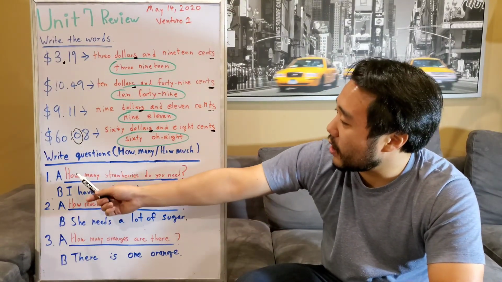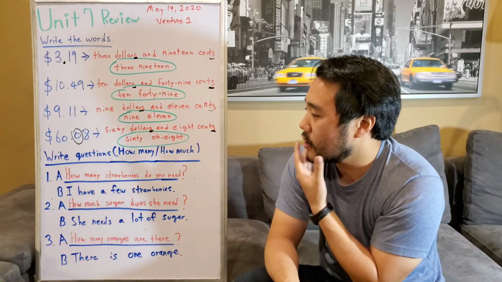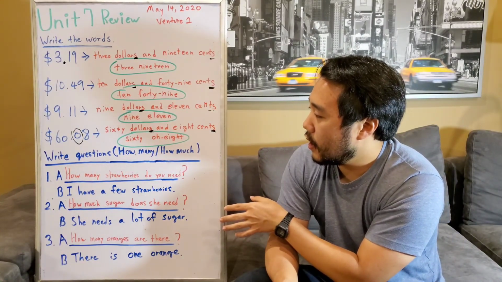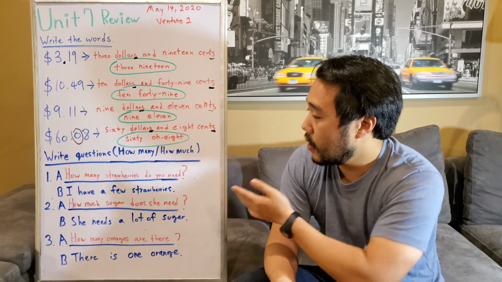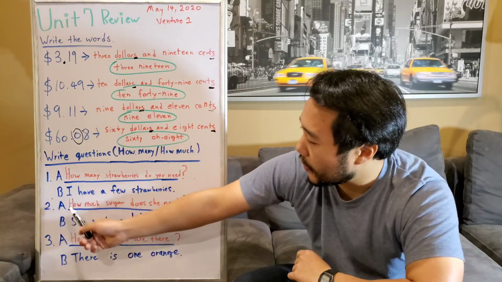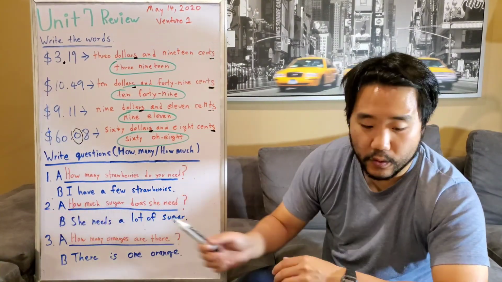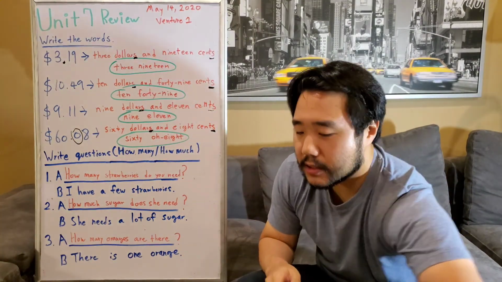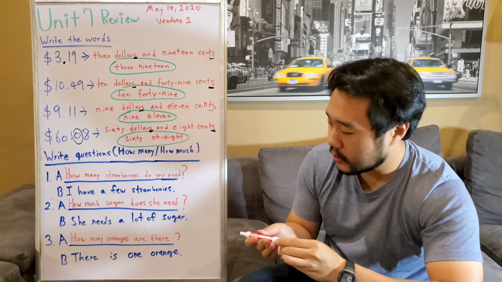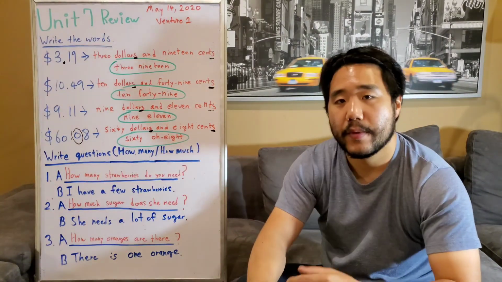Next question, we have write questions, and we have to use either how many or how much, depending on what kind of answer there is. So let's look at this. Number 1, our answer here, the hint, was I have a few strawberries. So strawberries, okay, a few is a